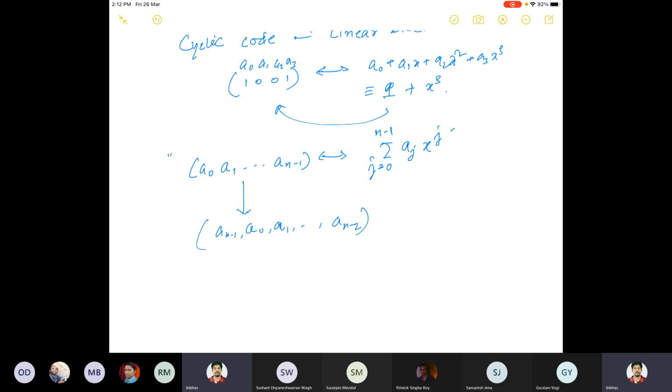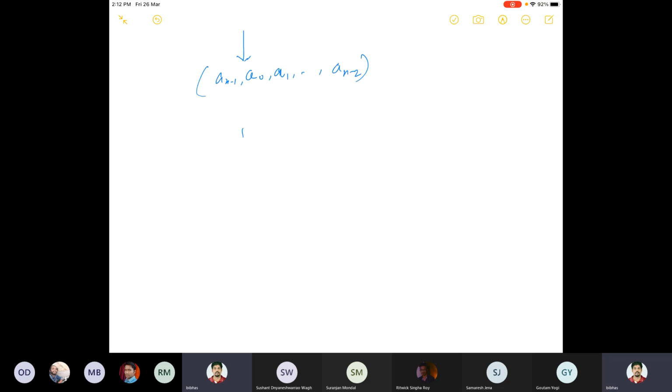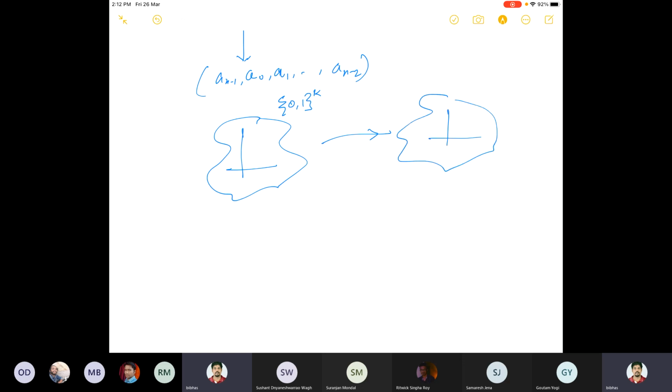So this is what we discussed. Since we are talking about linear block code, our original problem was this one. This is 0 1 to the power k, a vector space of all binary strings of length k, and we want to produce a subspace of the vector space 0 1 to the power n, such that this subspace